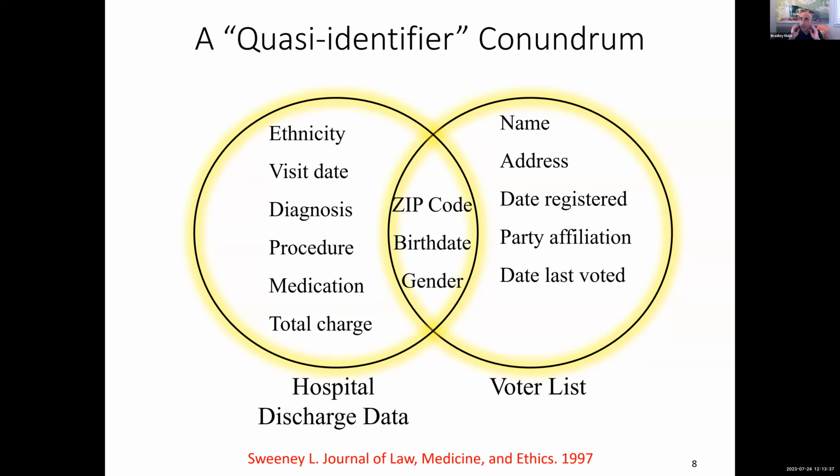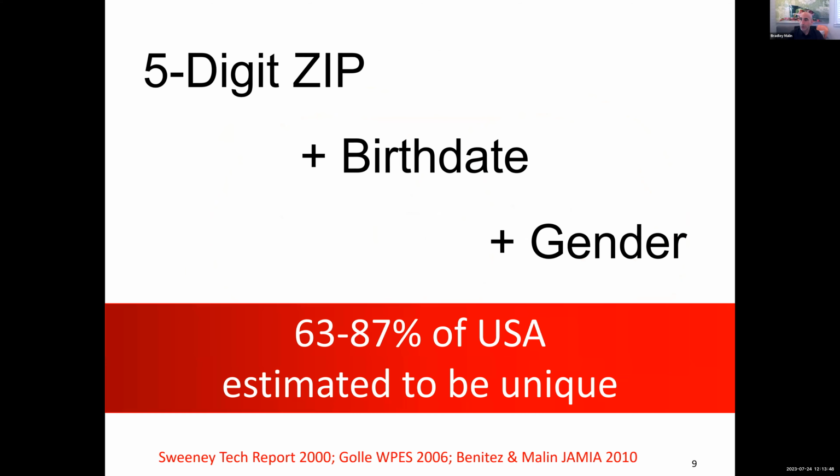This was a huge influential result, because this became the basis of the way that HIPAA defines how privacy is supposed to be done. A lot of people ask, is that a one-off? Was he the only person like that? And it was like, nope, he was not. If you take a 5-digit zip, a birth date, and a gender in the US, somewhere in the vicinity of more than 50% of the United States is going to be uniquely determined by those factors. There's many different ways of estimating this. I think what really matters is that it's not small.